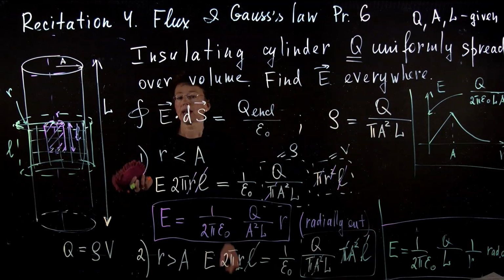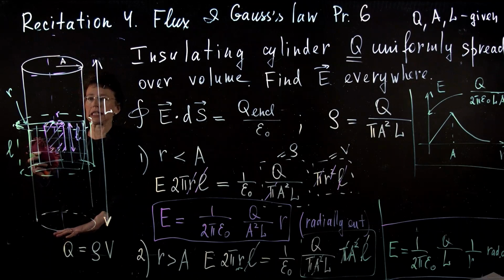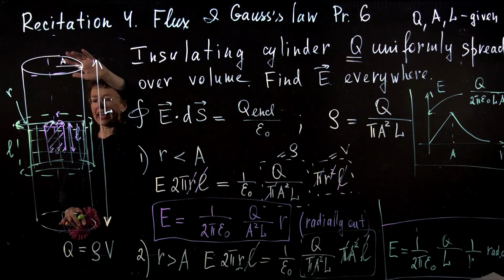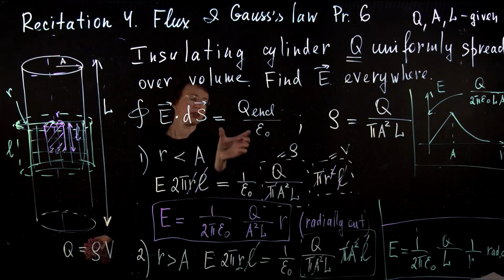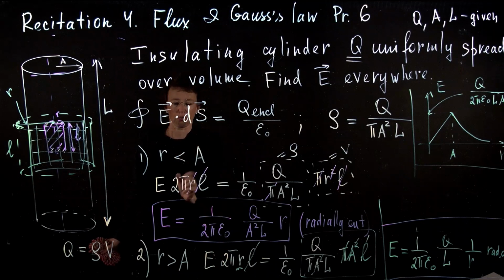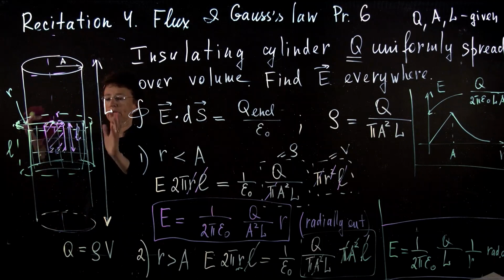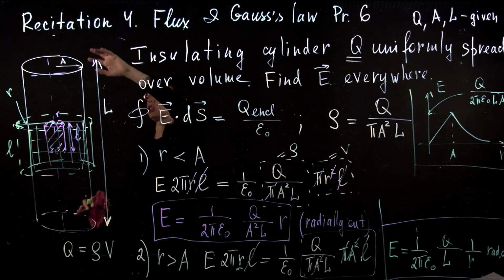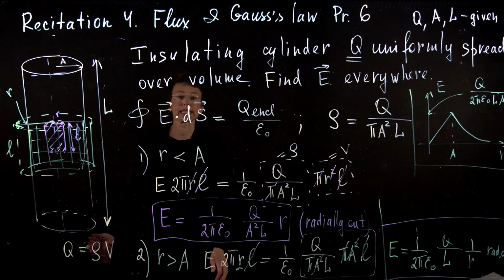I need to remind you that this is a very long cylinder. So we have found the solution far from the edges, where we can use the cylindrical symmetry that is absolutely crucial for our use of Gauss's law. That's why we say that the cylinder is very long. We found the electric field right here, far from the edges, far from the region where the lines of electric field are disturbed and do not have cylindrical symmetry.